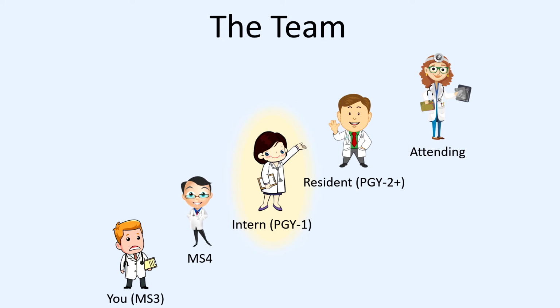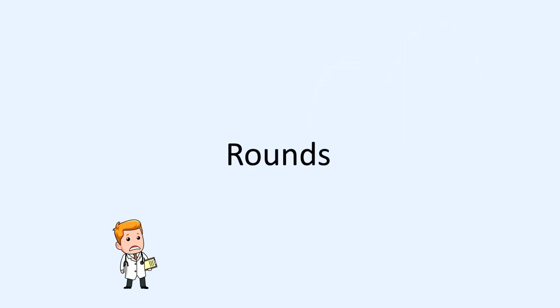Generally, I would say both the fourth year and interns are good people to ask if you feel like you have a basic question that you are worried might be perceived as quote-unquote unintelligent. Save your intelligent questions for the senior residents and attendings. Your major goal is really to impress the attending because their evaluation matters the most for you. And the main way that you do this is on rounds.